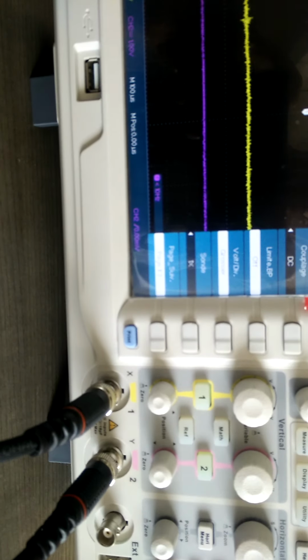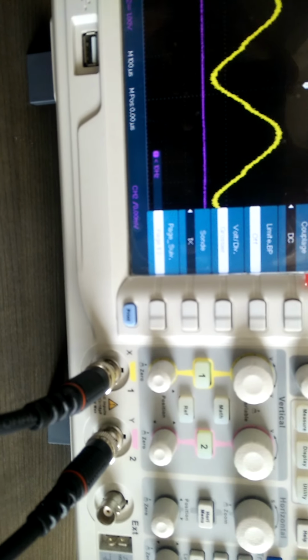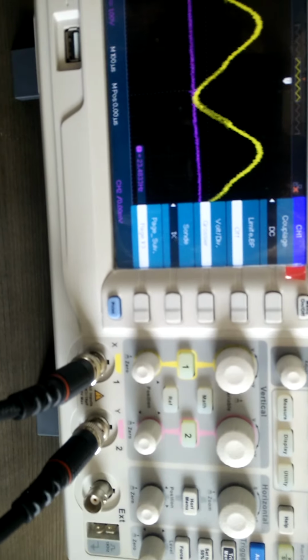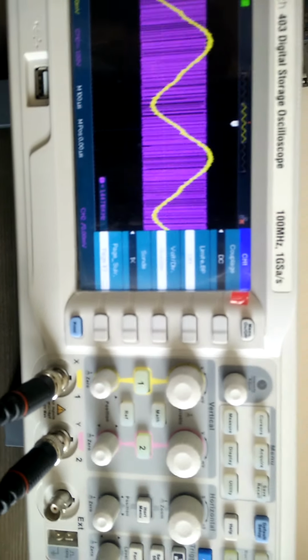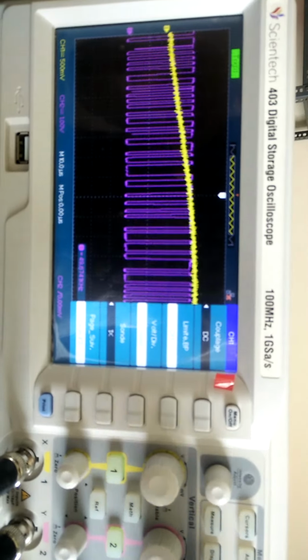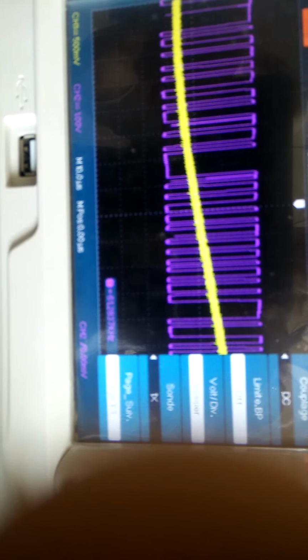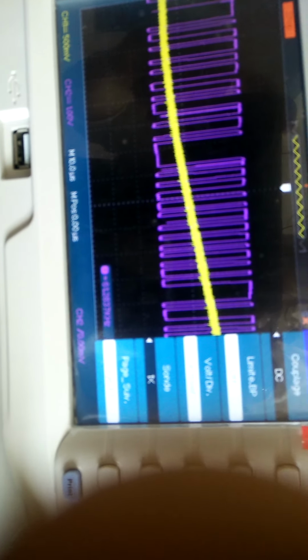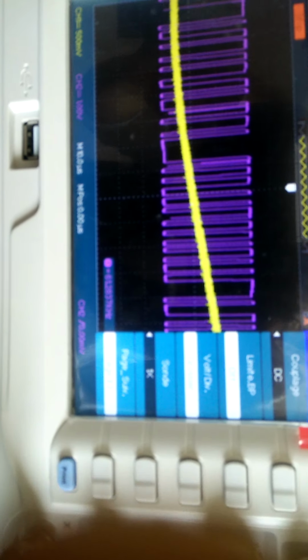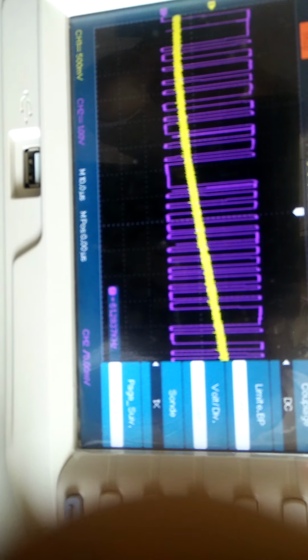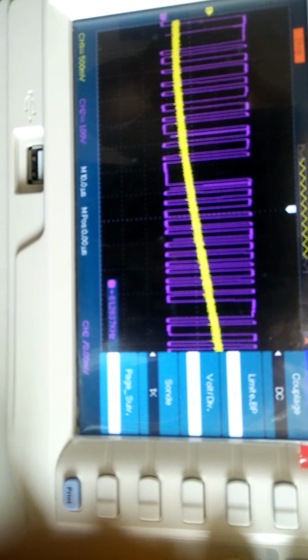Before that, let us see the output of PCM, that is in digital form. So you can see here the yellow one is our input signal and the purple one on channel 2 is our digital converted data output of PCM.